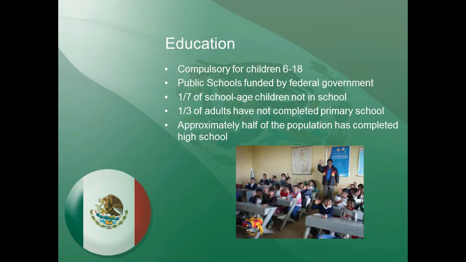Education in Mexico. School is compulsory for children ages 6 to 18. As of 2004, preschool is also required. Public schools are funded by the federal government, with nearly 3/4 of all primary schools being situated in rural areas. About 1/7 of all school-aged children do not attend school, with nearly 1/3 of adults not having completed primary school. Approximately half of those in Mexico have completed high school, which is relatively high considering secondary schools are scarce in